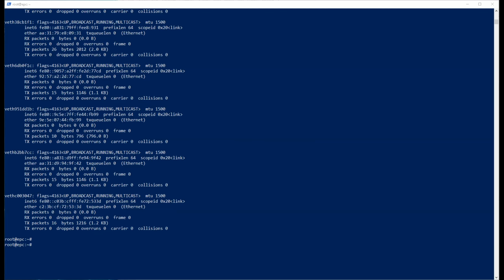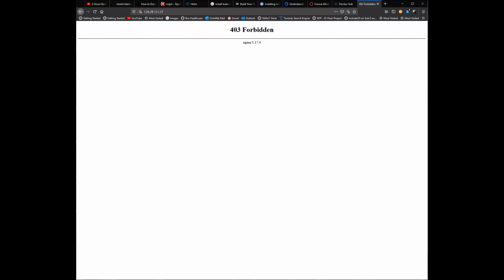Well, it gives 403 forbidden because, yeah, sure, no worries. It just gives a message. It means the server is running. It's not showing that the action, no, it's not permissions per se.